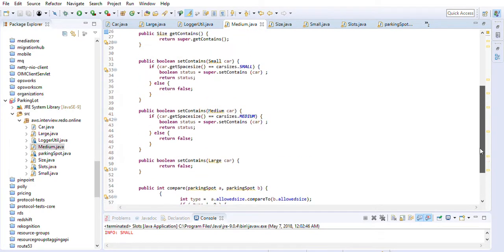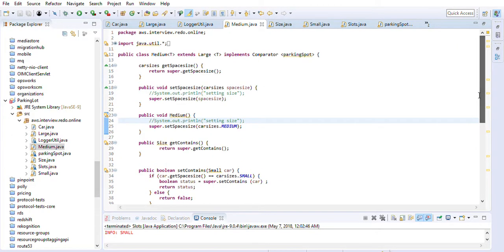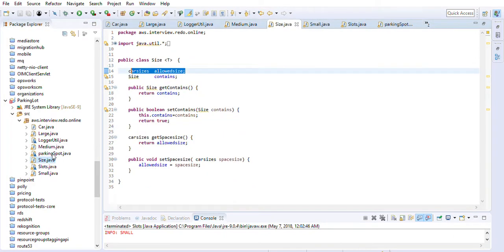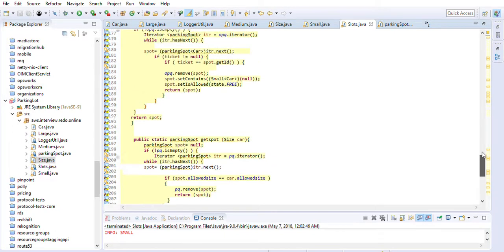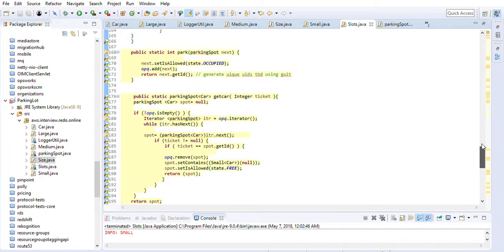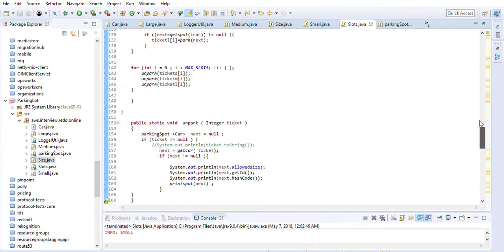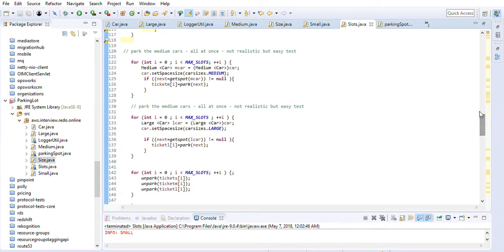So by doing that and setting up in an object oriented fashion, when you actually run the parking lot, instead of having all these switch statements, all you need is a really simple piece of code, which is basically, let's read this. So forget that. What it does is it runs around all the parking lots, the medium ones,